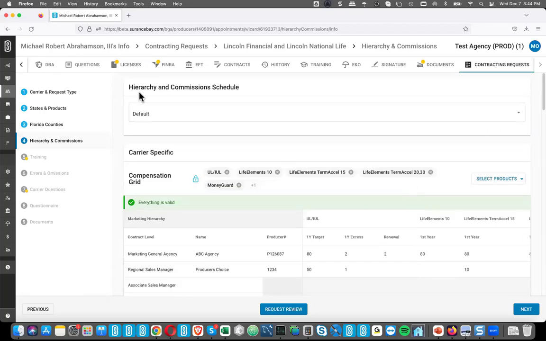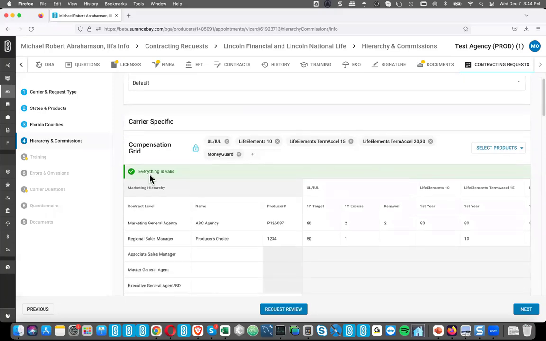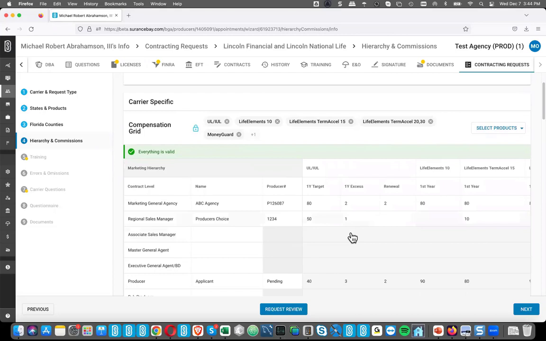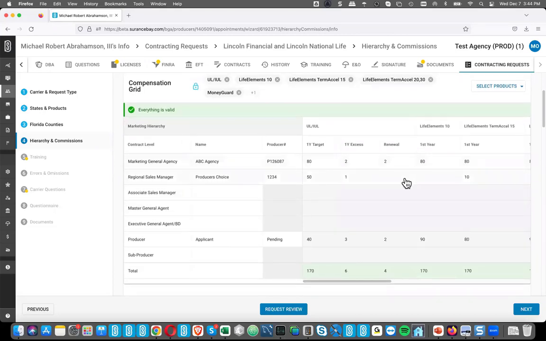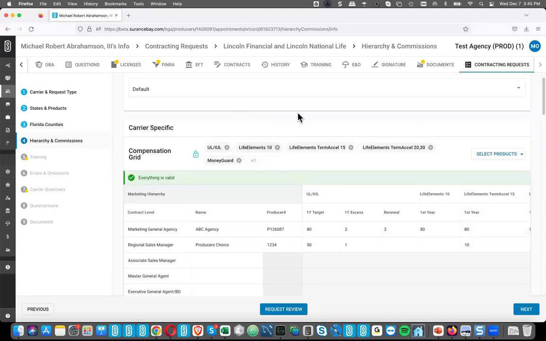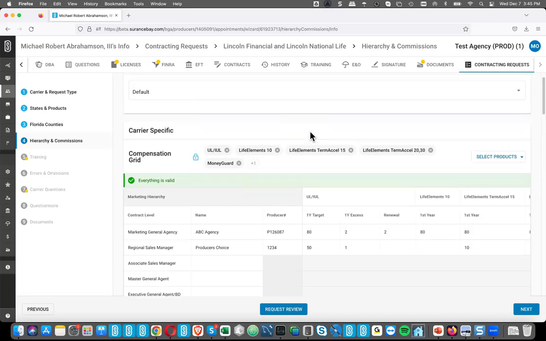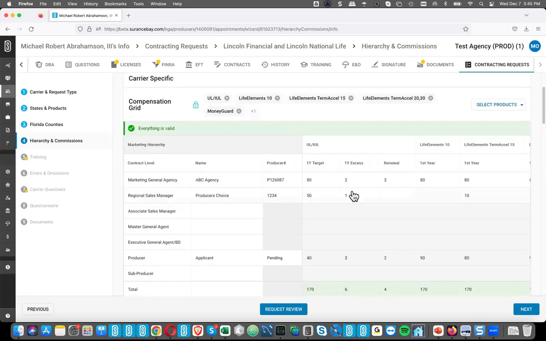Okay, so moving on. So that answers, I think, that question about editing the transmittals. You won't see the same complex layout for most carriers, like I said, because this is very unique to Lincoln with their comp builder. Most of the other ones, we just have the fields like we do for Banner, where you just list the 5 or 6 fields that are in the hierarchy, and you just populate those and they map onto the forms the way they always have. This is just a little bit unique because it's more complex than most.